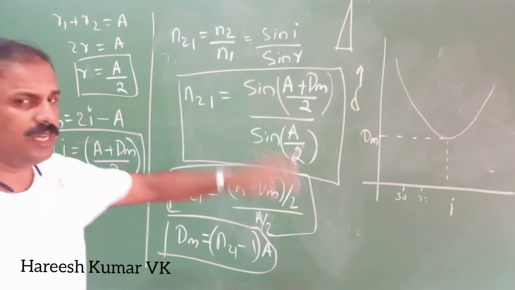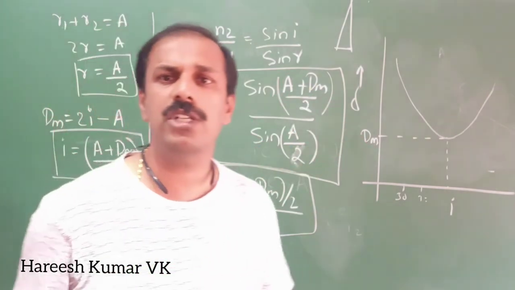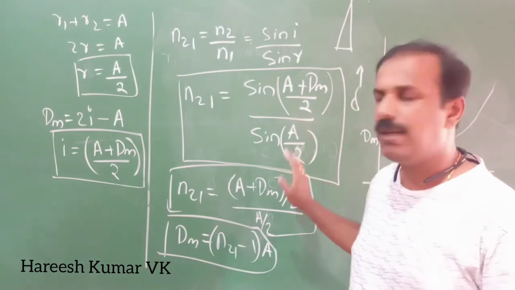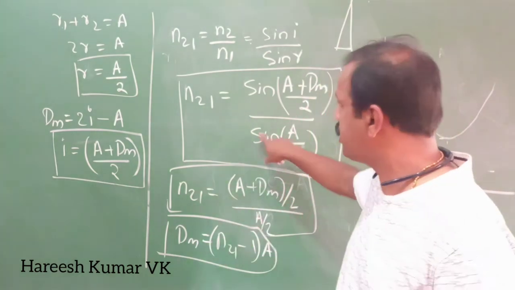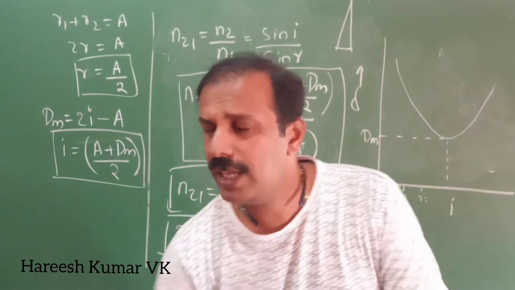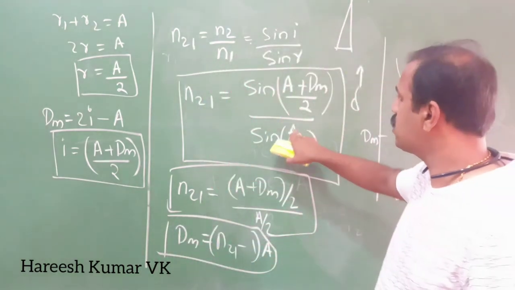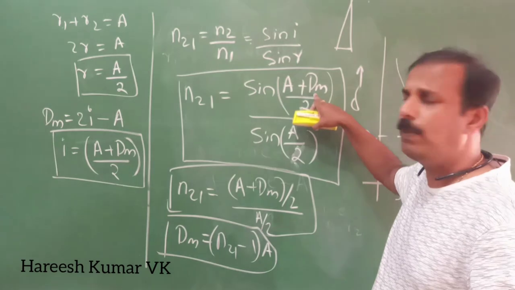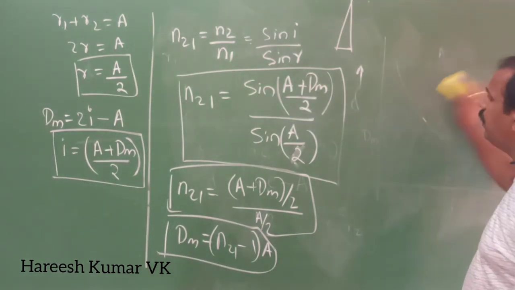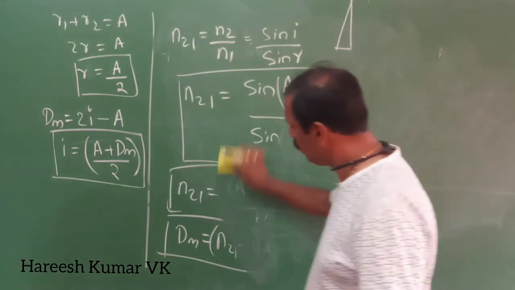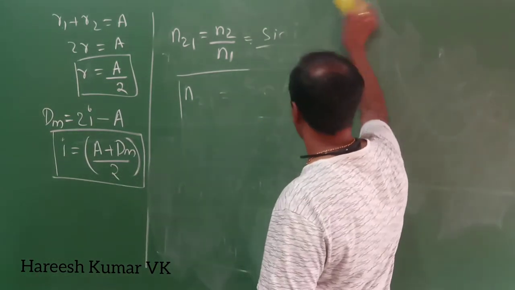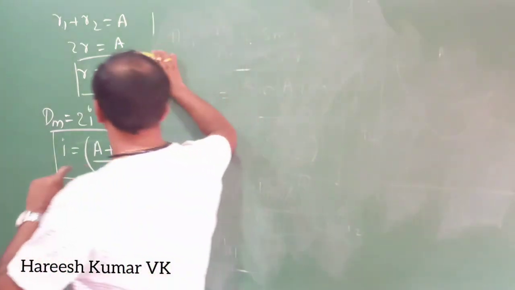So all this, from the first diagram onwards, once more you watch, and this derivation is very important. You study the complete derivation, how we are getting the equation for refractive index of a prism. So you can see here the refractive index you can get by obtaining the value of minimum deviation. This minimum deviation will be a particular value for a particular prism if we are using a particular wavelength.